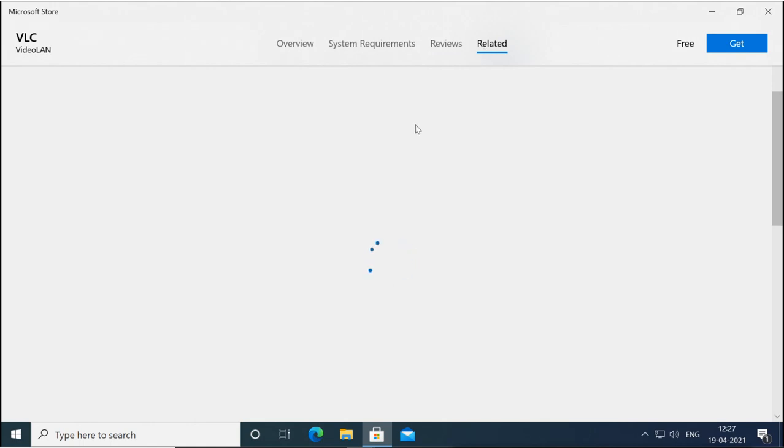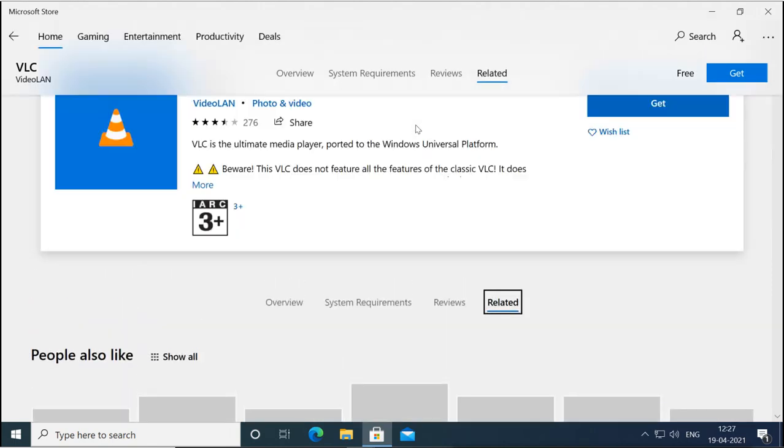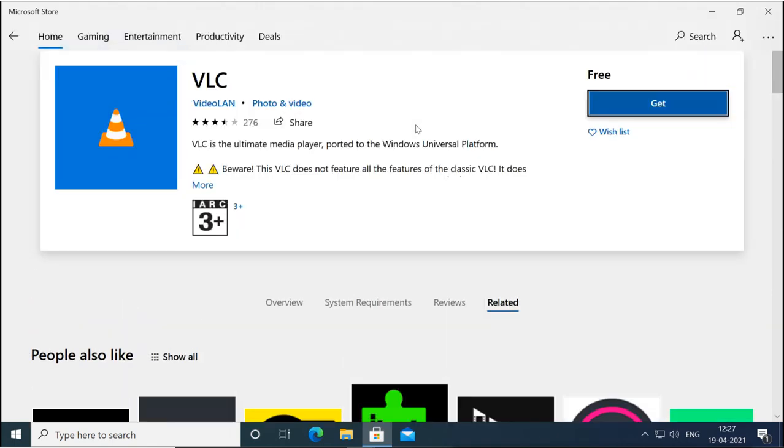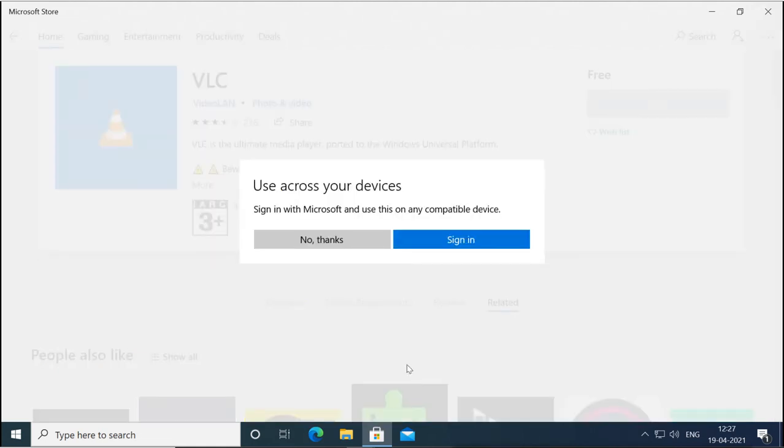Now if we want to install this application, what we need is a Microsoft account. So if I click on Get, it says use across your devices, sign in with Microsoft and use this on any compatible device.